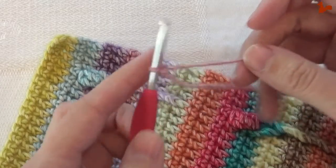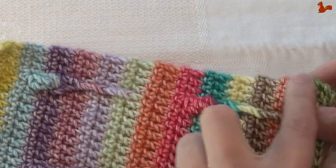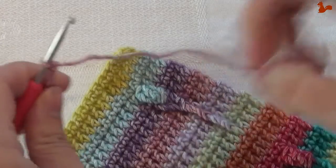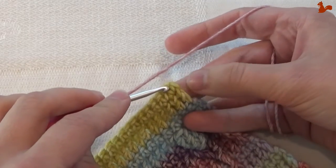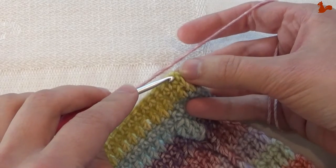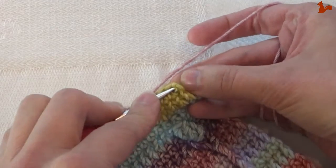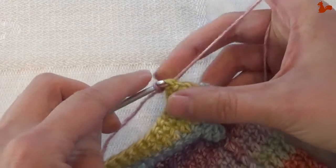So I have a slip knot on my hook, and this is the edge along which we're going to be making the slip stitches. I'm going to insert my hook in the first stitch. This happens to be a single crochet here at the edge. I'm just going to insert my hook there and do my first stitch, punching my hook in that last stitch,